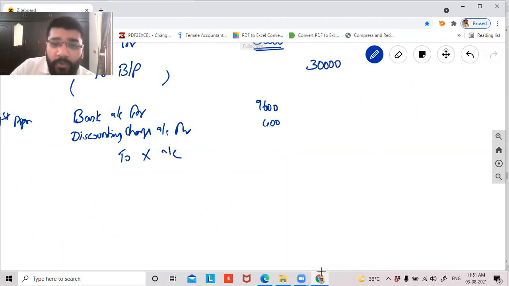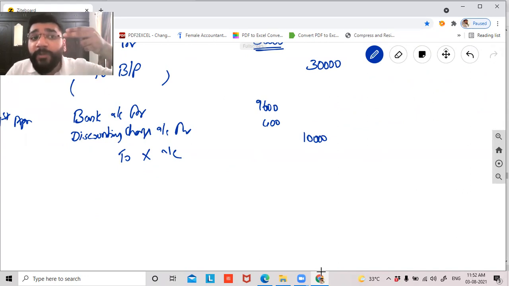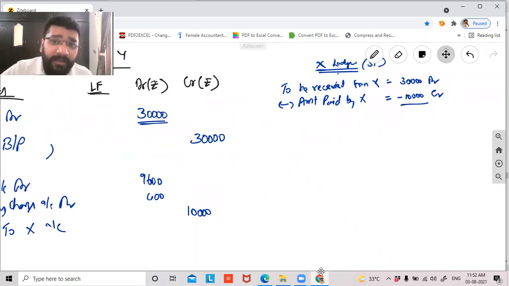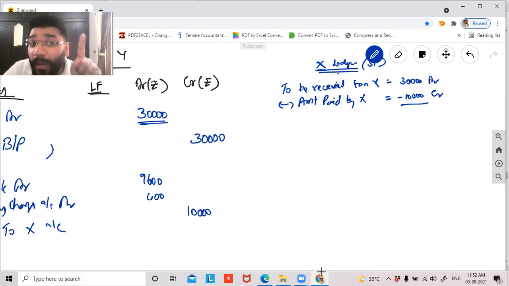So X's account is getting closed to the extent of 10,000 rupees. Guys, 10,000 rupees is the responsibility of Y. In the 9,600, Y is enjoying this money and the remaining 400 is his charges. But from X's point of view, 10,000 is Y's responsibility. So what we understand from here is that the total amount that Y has to receive from X is 30,000. Why does Y have to receive it from X? Because only if X gives this money to Y, Y will be able to pay this money to the banker on the due date. So out of 30,000 rupees, X has already given a settlement to the tune of 10,000 rupees. Always remember, guys, this amount will include both your amount received plus the discounting charges.